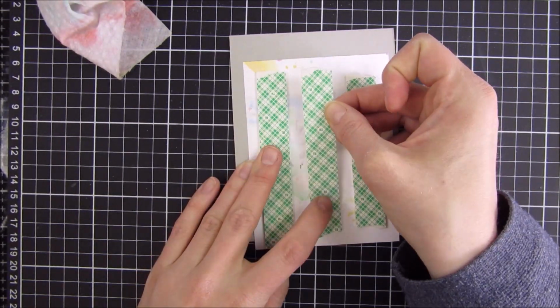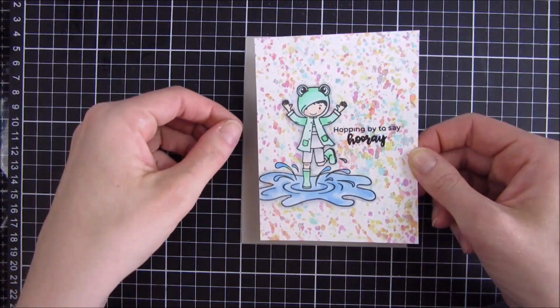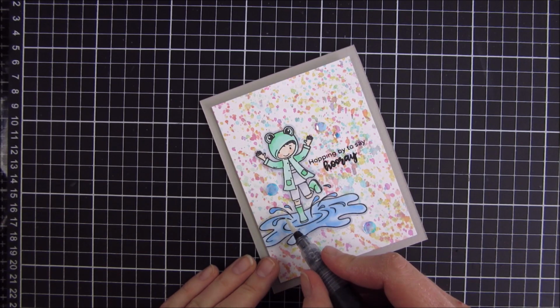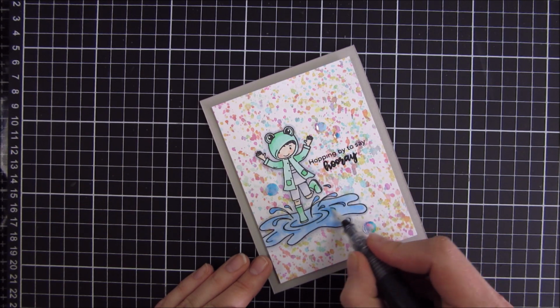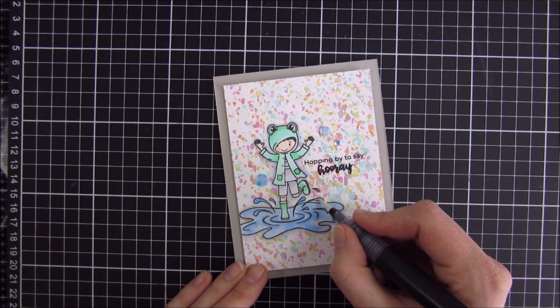I added some foam tape on the back side just to create a little bit more interest, and then I'm using the grid lines on my mat here, making sure it's centered. Going in with some glitter, this is a Spectrum Noir glitter marker, and I will just use it on the puddles, I think. I also used some soap bubble